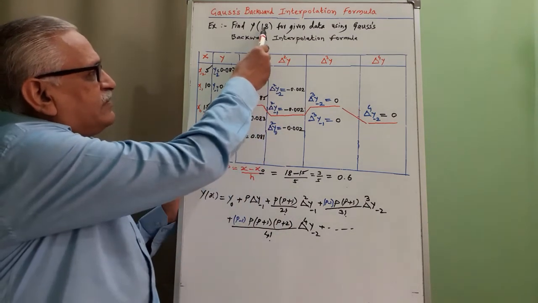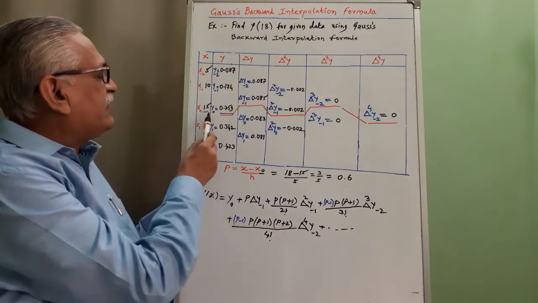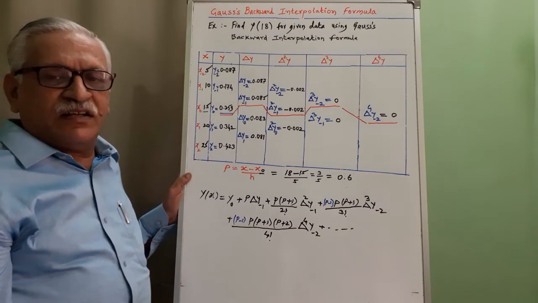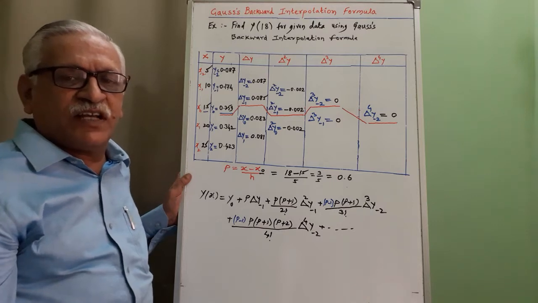We require to find y at 18, in between 15 and 20, that is in the center of the table, and as it is in the center of the table we can use this